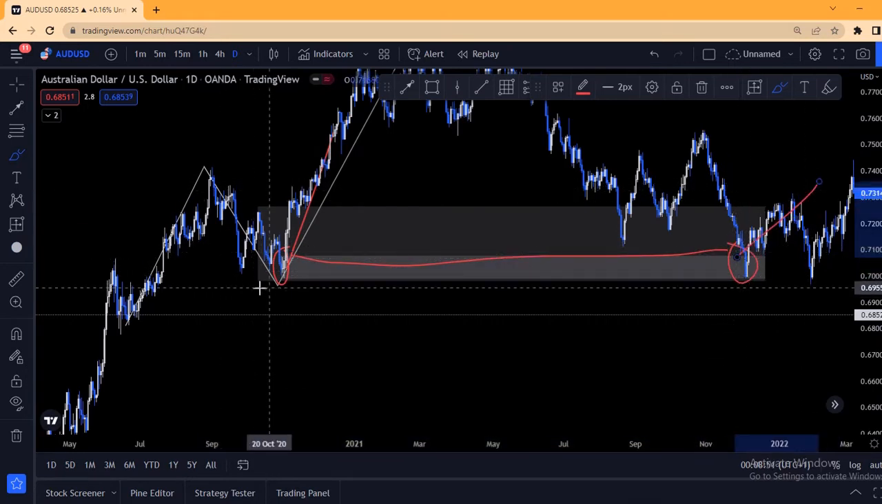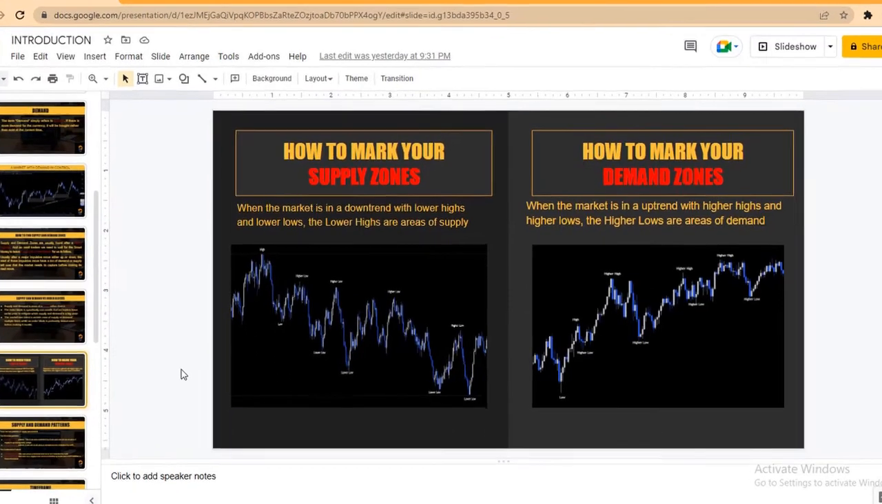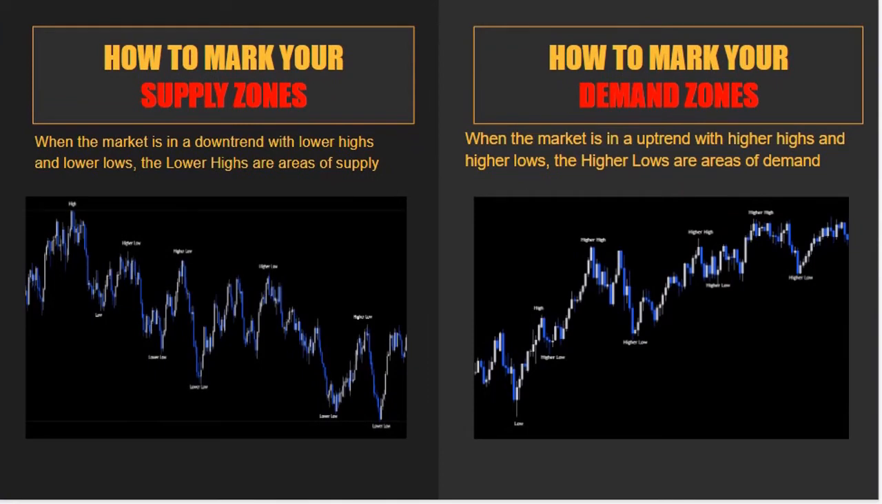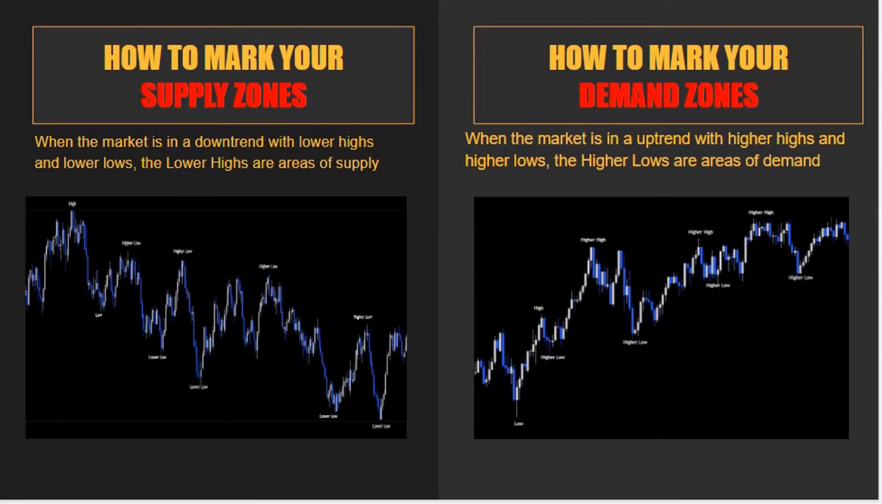Later on I'll be showing you how to put your take profit, your stop loss, and how to enter on these trades, and how to mark your supply and demand zones. For a supply zone, when the market is in a downtrend with lower highs and lower lows, the lower highs are areas of supply. With supply and demand, you need to understand market structure because they work hand in hand with charts. In an uptrend,